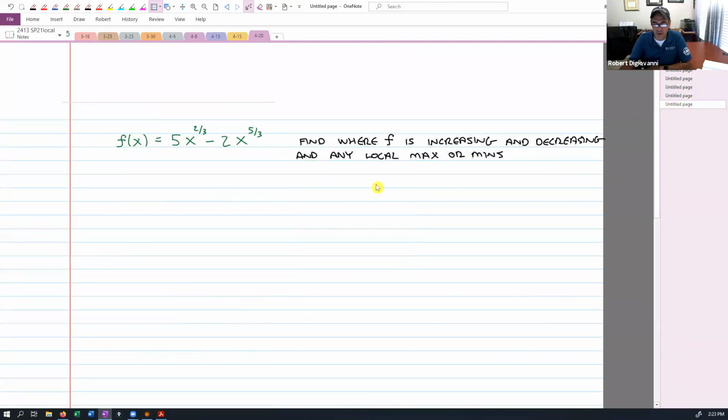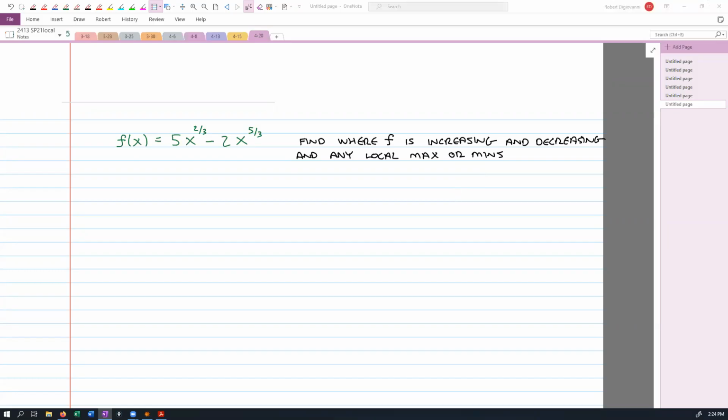I want you to do this, okay? Same instructions as last time, but the first step for this is to get the critical numbers, right? So take 7 minutes, see if you can find the critical numbers, and then I'll come back and I'll see what you got. Well, I won't see, I'll just ask. You're going to see the algebra here is not as easy as the previous problem, all right?